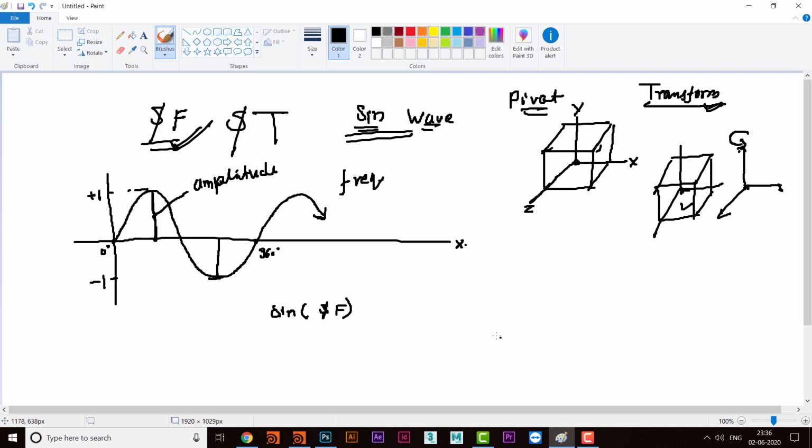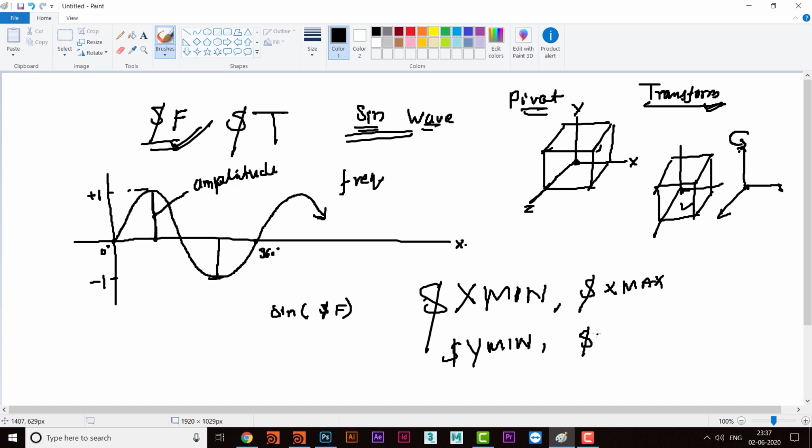What we are going to do next is dollar x min, and in the same manner dollar x max, and the same for y, dollar y min and dollar y max, and then dollar z min, all capital, and dollar z max.